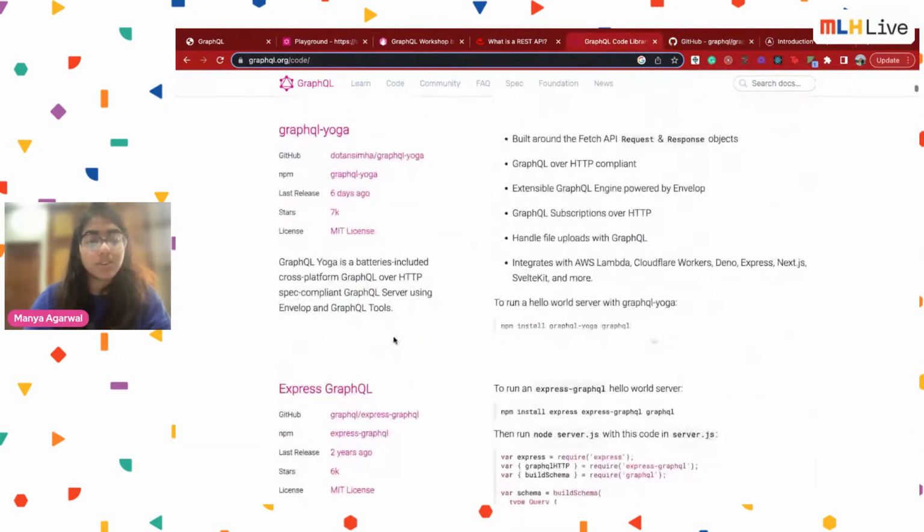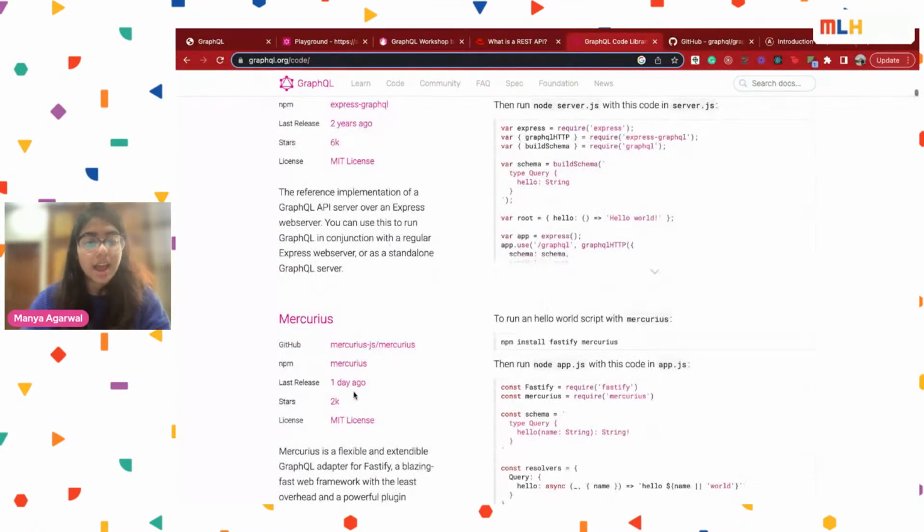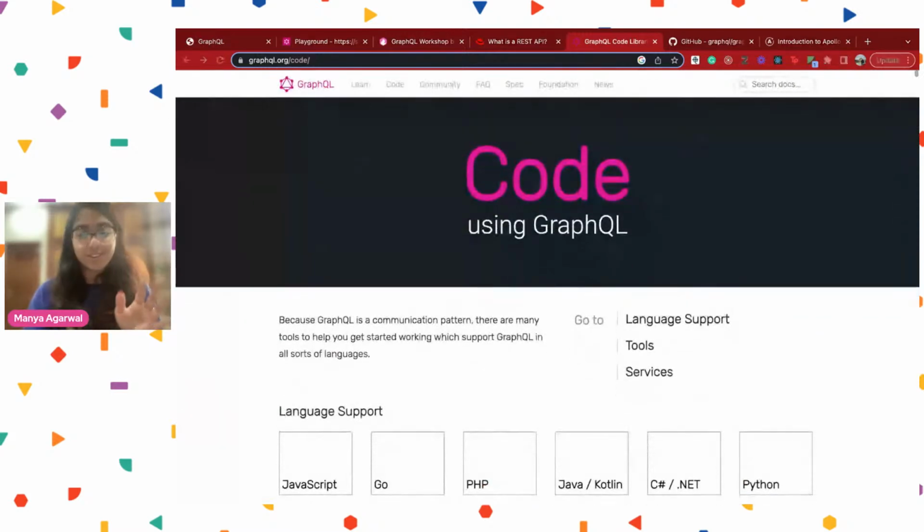And there's also GraphQL Yoga, Express GraphQL, which you can use with Express. And yeah, basically you can see the list. So okay, one other thing, final thing,